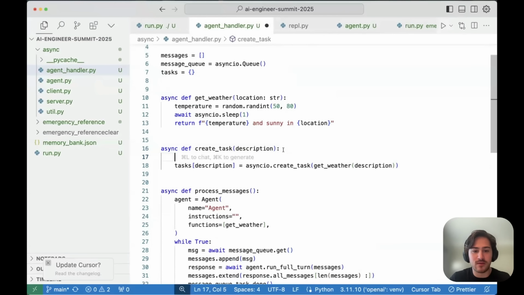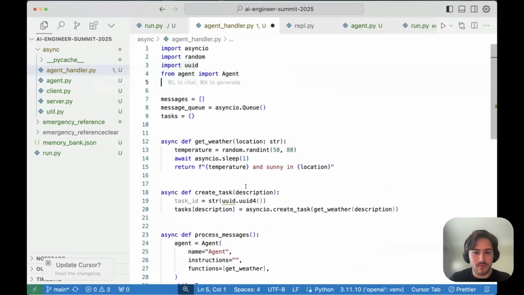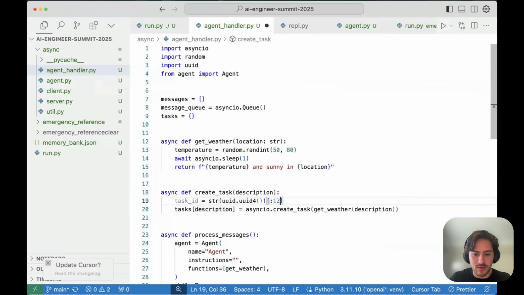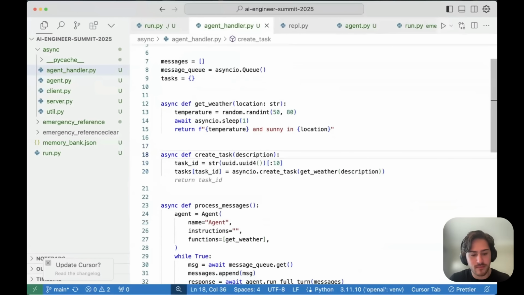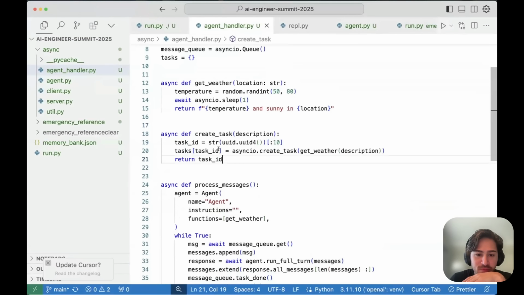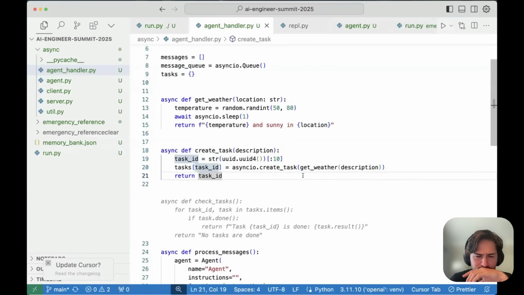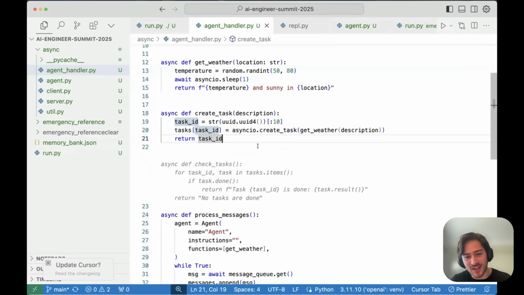And I want to create a task ID, and I want to keep it short. Okay. So now what I've done is I have this function that makes a random task ID, sets it, creates it, and then calls, let's say, get weather or something. And then it's suggesting this check tasks, which is the next thing that I want to do.